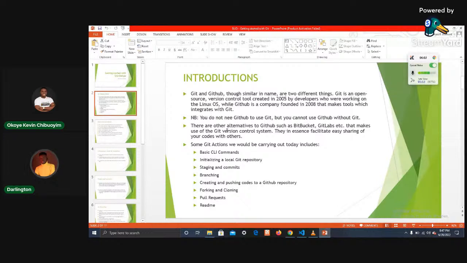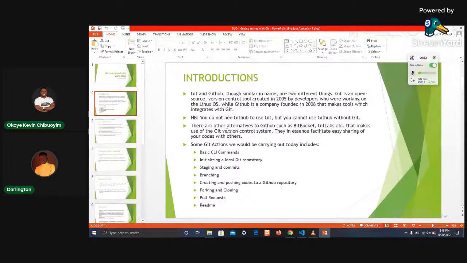Mostly what they do is facilitate easy sharing of your code with others. You notice most times when we want to help you debug your code, we'll say, share it to GitHub and share the link with us. GitHub facilitates easy sharing of your code with others.